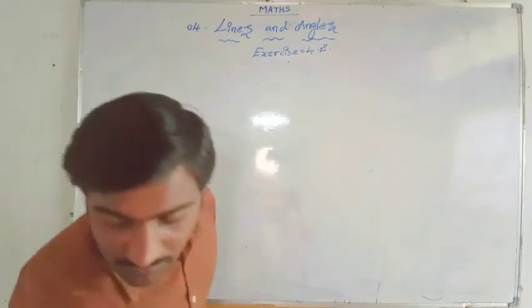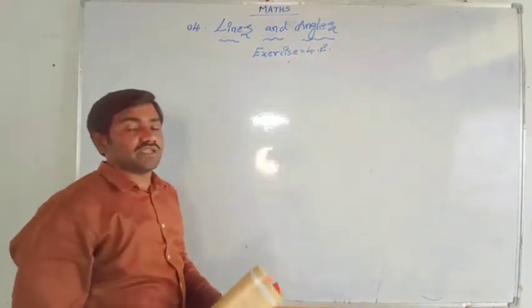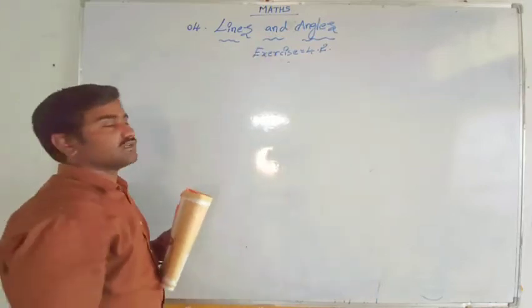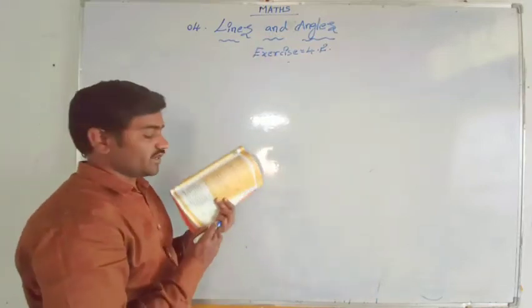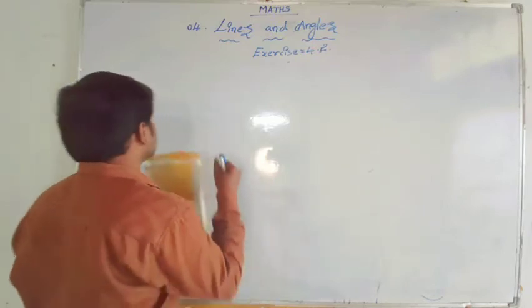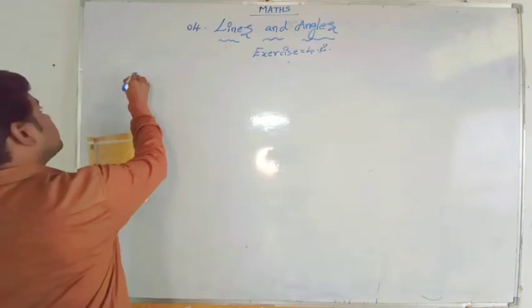So given ratio by sum of the ratio into total value. Here B value is 3 by total parts 5 into 90 degrees. In that way we got the B value, that is 54 degrees. Hence B plus C equal to 180 degrees. So the C value we got is 120 degrees. Very easily we can complete.